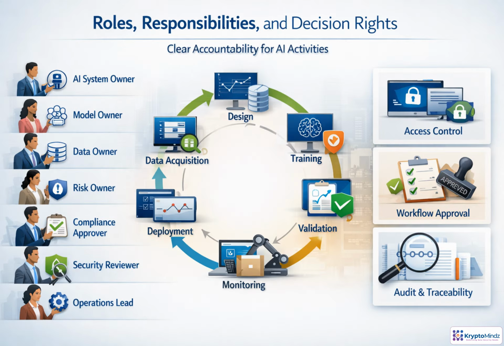Accountability in AI cannot be informal. Each lifecycle stage needs a named owner for action, approval, risk, and evidence. A RACI-style model helps separate who does the work, who is accountable, who must be consulted, and who is simply informed. Architecture should enforce those responsibilities through access controls, approval workflows, segregation of duties, and decision logs. When ownership is unclear, audits fail, issues linger, and supplier handoffs become risky.